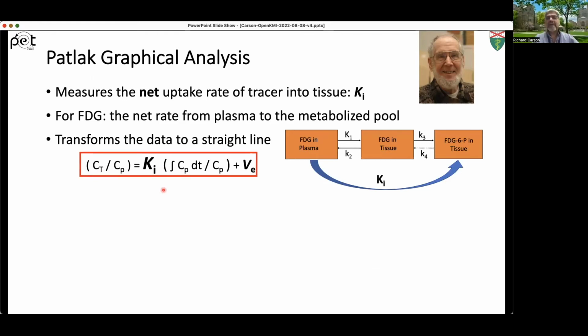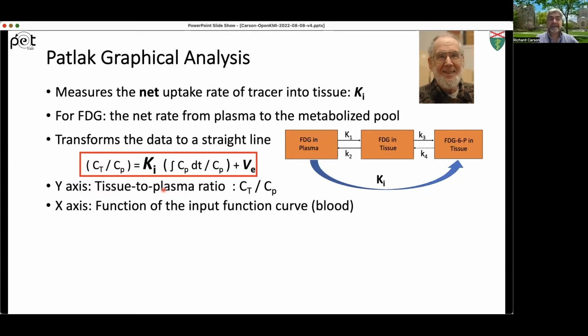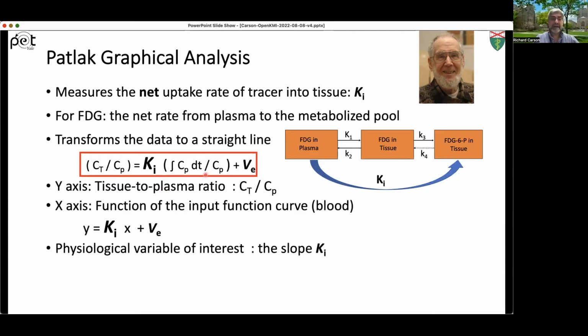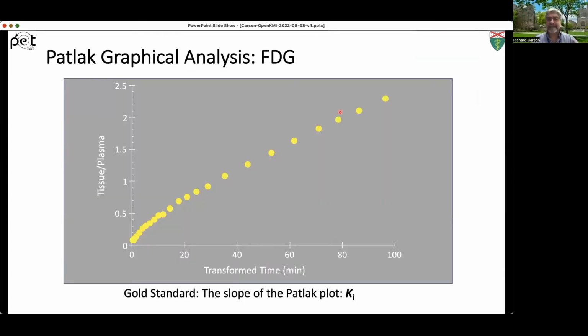And in fact, the Logan plot that I already used was motivated by Cliff's earlier work with this value. So you basically take the tissue to blood data as the y-axis, you take your blood measurements as the x-axis, and in this way, you have a simple linear relationship, and that slope is what you're going to care about. So it's something that simplifies that process. If I have that data, here's an example with the same data, tissue to plasma ratio as a function of that funky time that Cliff used, and we can then measure that slope and get the Ki out of that. That's opened up a lot of things where we realize, yeah, there's more information we could be getting here, but if we can simplify the process, we can get, in this case, the important parameter that we want,